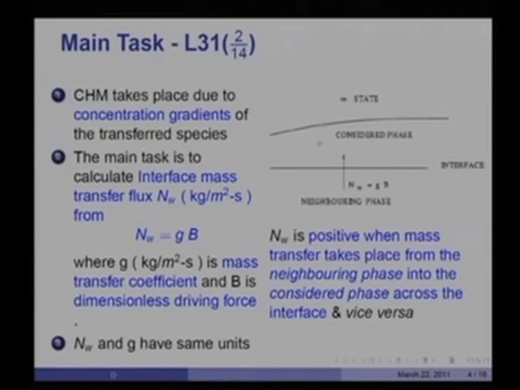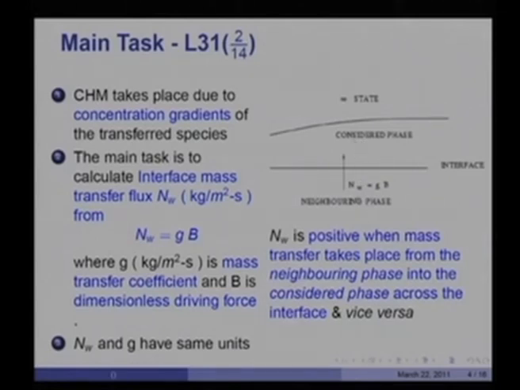In a mass transfer problem, we always draw a figure like this to understand what we are doing. The air into which mass transfer is taking place is called the considered phase, and the water from which the mass transfer is taking place is called the neighboring phase. So, the mass transfer always takes place from neighboring phase to considered phase or from considered phase to neighboring phase,